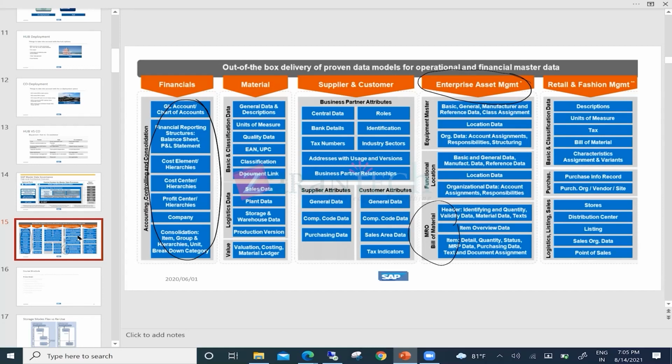And apart from that, in the IS Retail space, RFM, retail and fashion management, is the solution where you can govern article master as well. Okay, so this will be used